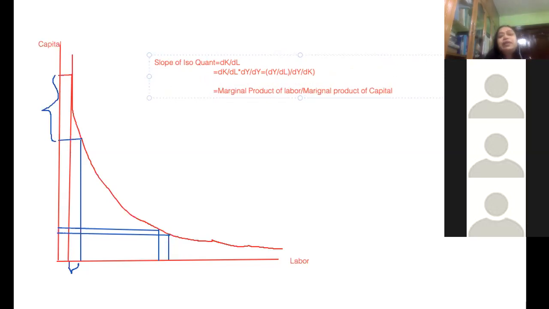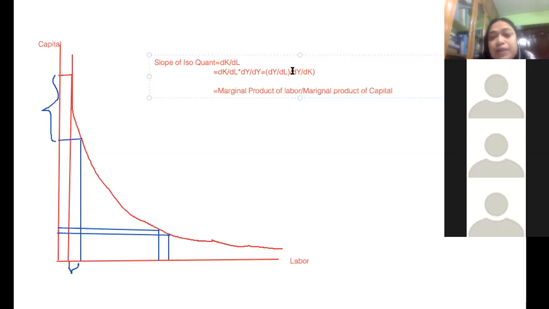All right, can we write it like this? So the slope of the isoquant is, look at this delta K. So the slope at this point is this height divided by this, rise over run, right? So this is the slope, and this slope is delta K divided by delta L, and we are multiplying delta K by delta L by the same thing, change in output divided by change in output, right?